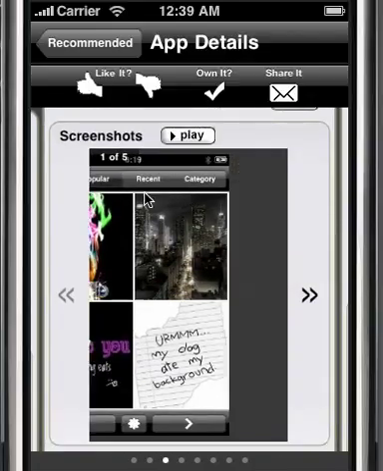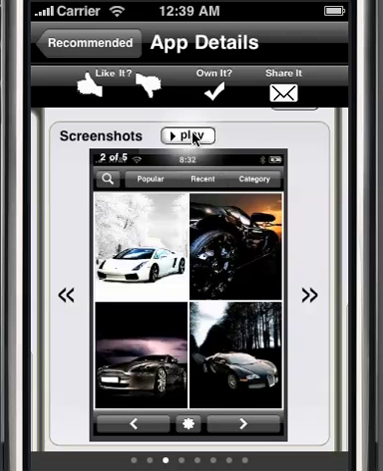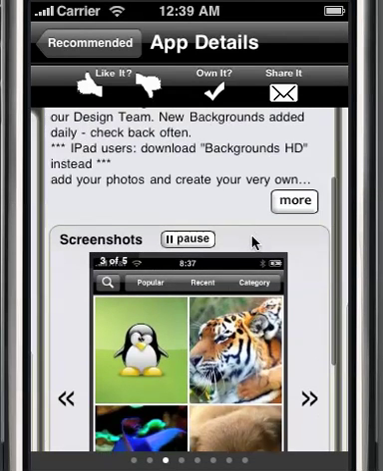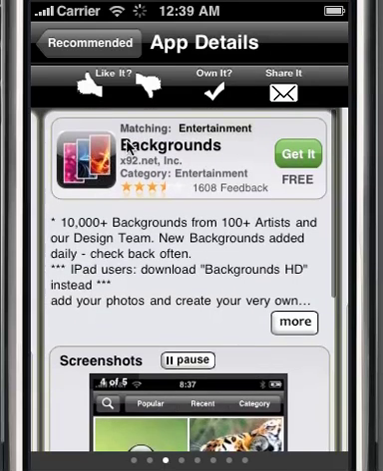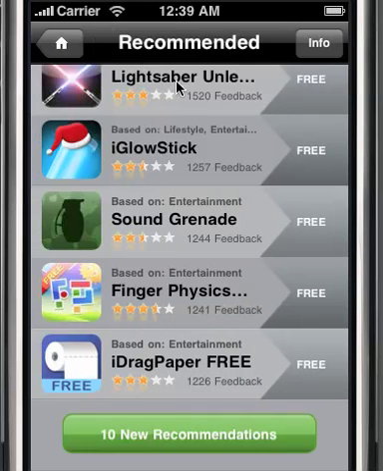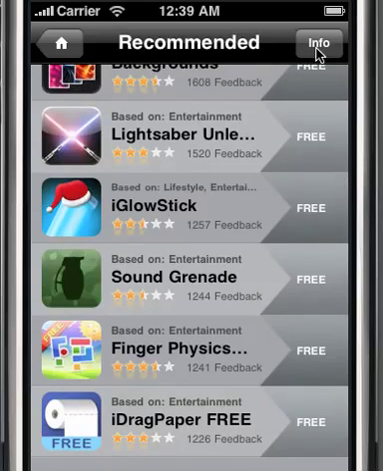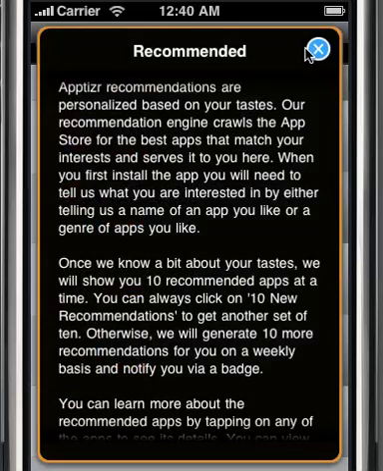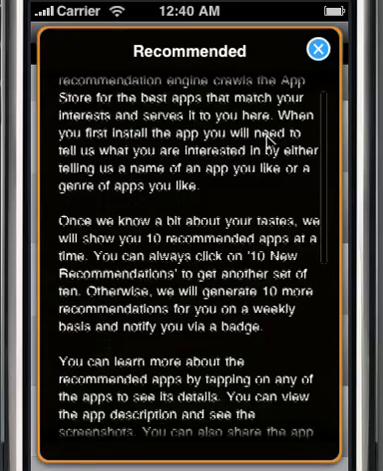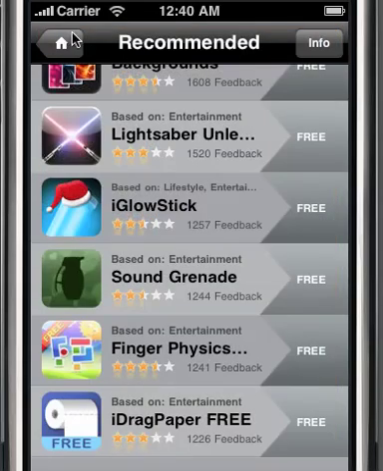You can swipe through to view the screenshots, or there's a play button if you're lazy like me, and then you can just wait for the slideshow to play. Let's go back, and basically for each of the main functionalities, there's an info button. If you click on it, it's a little mini tutorial where you can read about what you can do, what